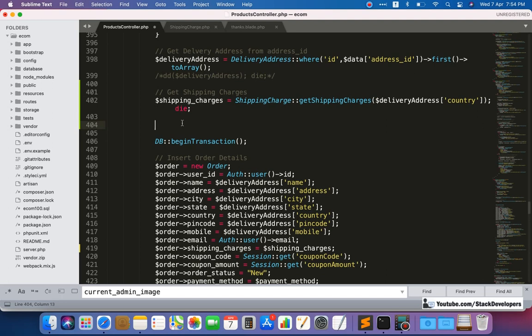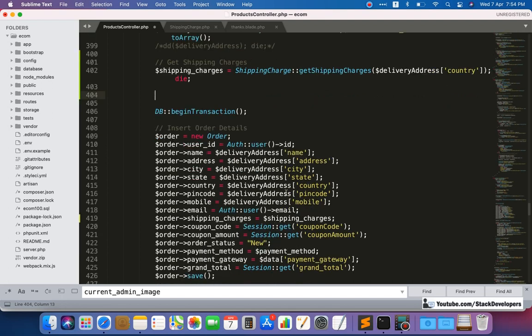One more thing we are going to do here is calculate the updated grand total. These shipping charges we are required to add to our grand total, and this grand total we are not going to pick from before. We will calculate the grand total here. We first need the total price.